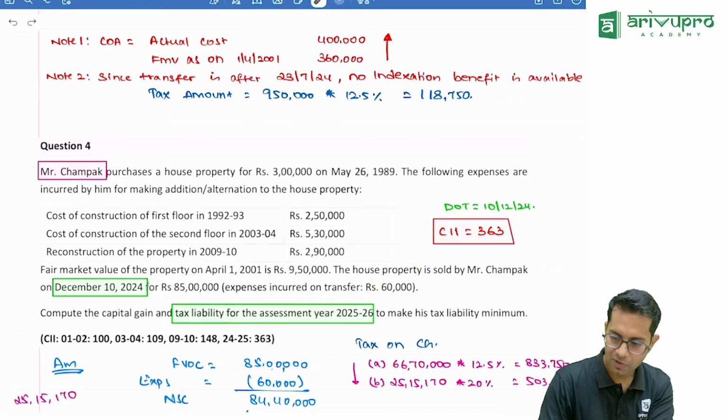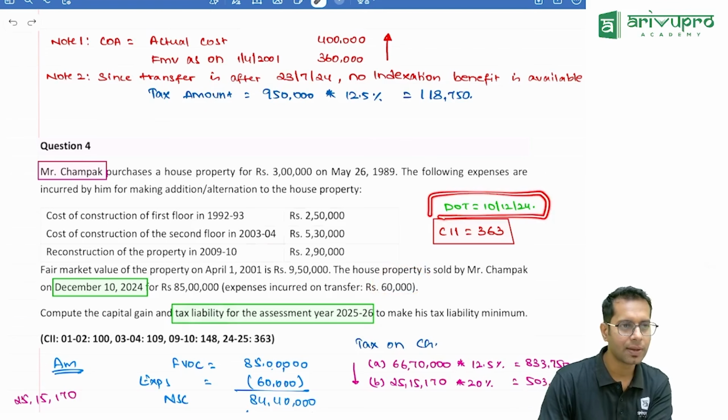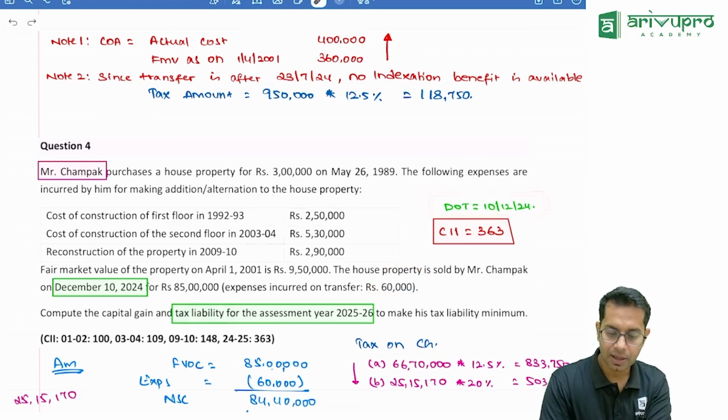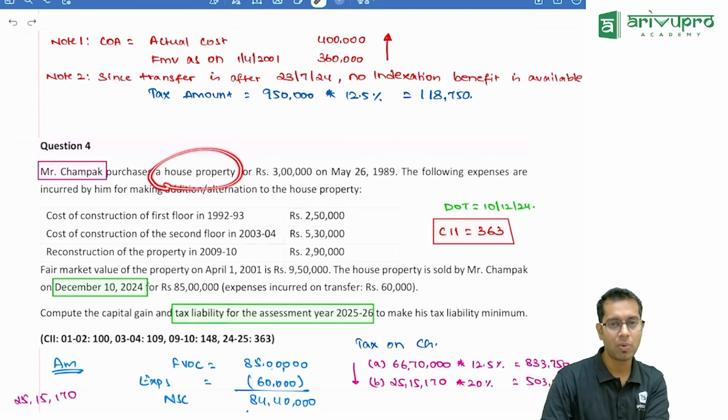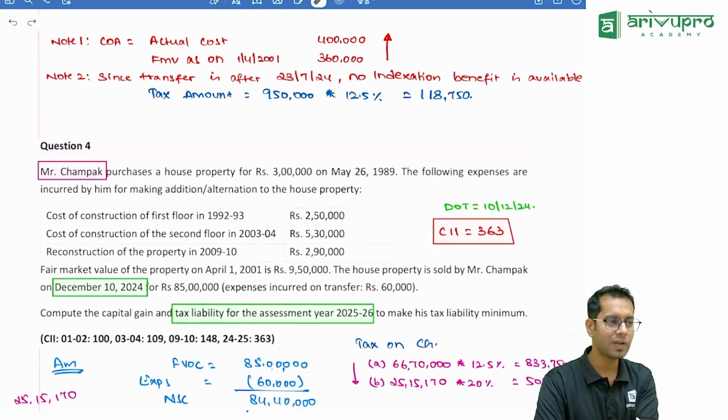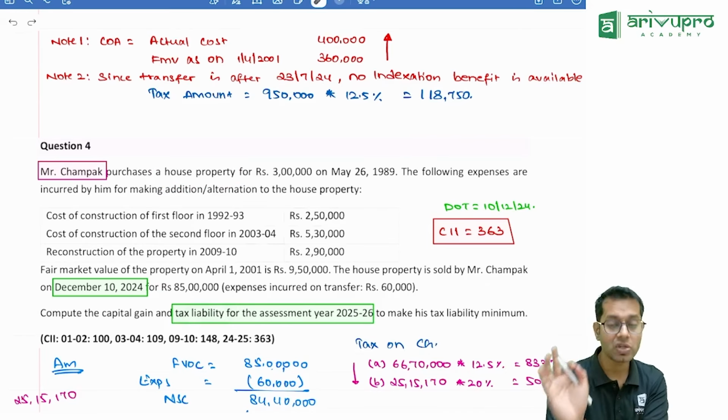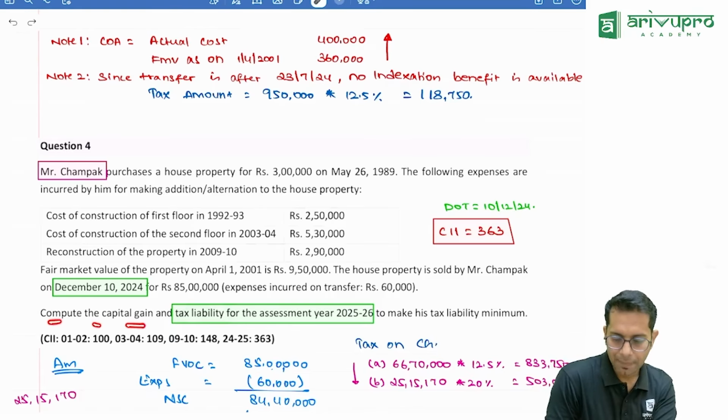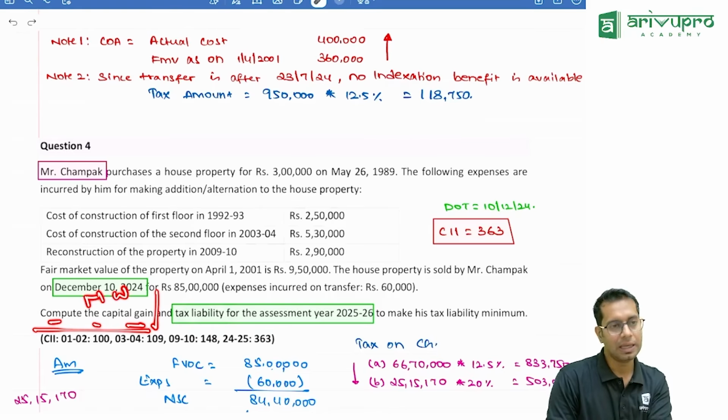Now, can I say first of all the transfer is after 23rd July? So what should come, and what is the item transferred? Can I say it is an immovable property? So can I say computation of capital gain should be done with or without indexation? Without indexation. Computation of capital gain should be done without indexation. Now here they are told to compute the capital gain. So this computation part I will do without taking indexation.